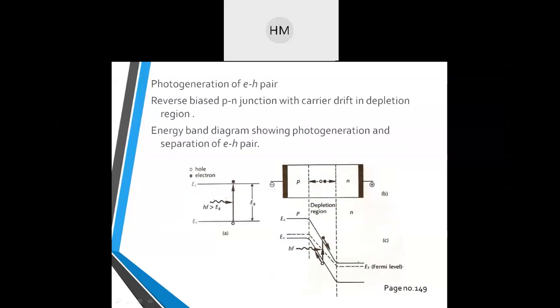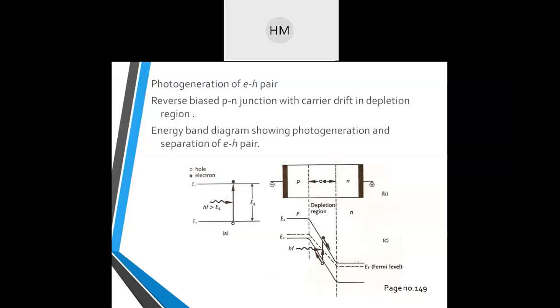Now here we will see how we can design a photodiode. It's again a diode, again a PN combination only. What we are doing is changing some doping parameters, the composition, and then designing a photogeneration device, the photogeneration of EH pairs. Here we will use a reverse biased PN junction. To design a photodetector, we will use reverse bias, so that the current will flow after the breakdown.